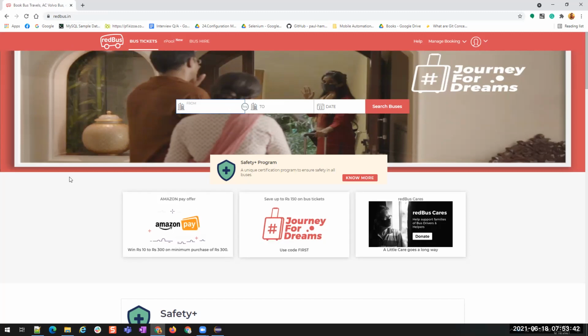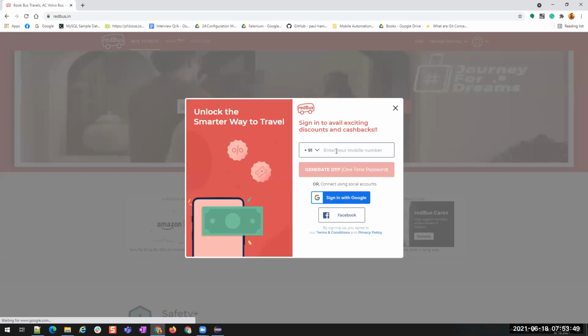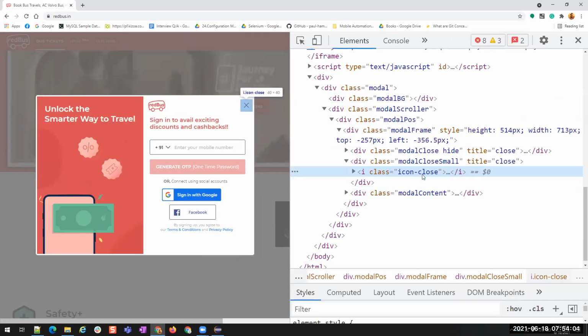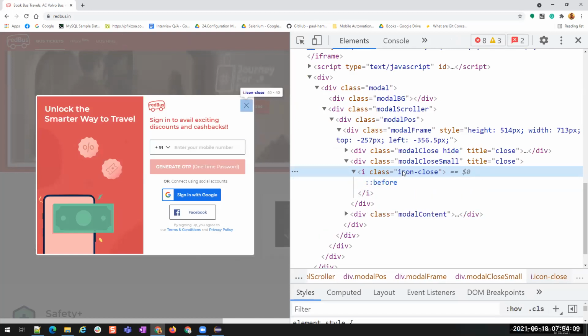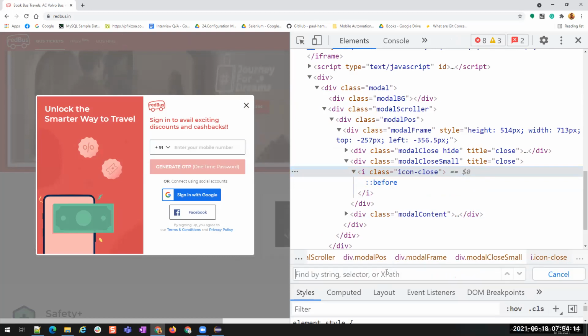Now this is the site. We have a profile icon, and I want to click on sign in or sign up, and I want to find this element, close. I just want to close this. I don't want to automate it or log in with my credentials. So now let's find the element for this. We have icon close, right? Directly. Icon close. Now Control F. I copy this, Control C.